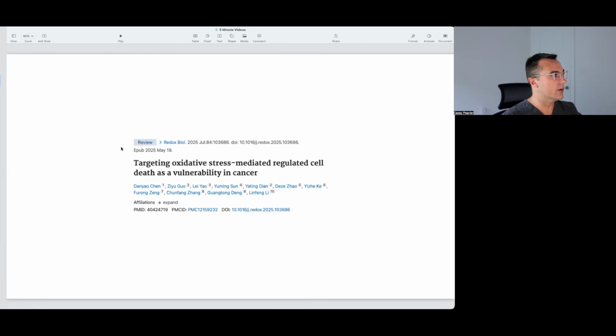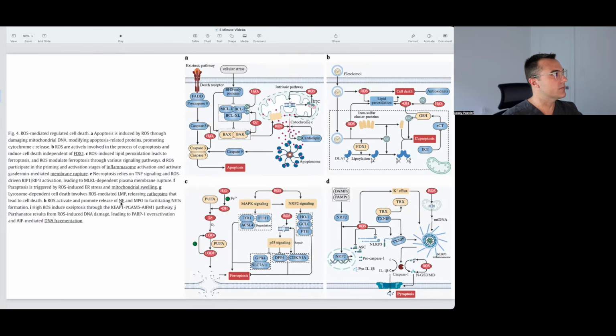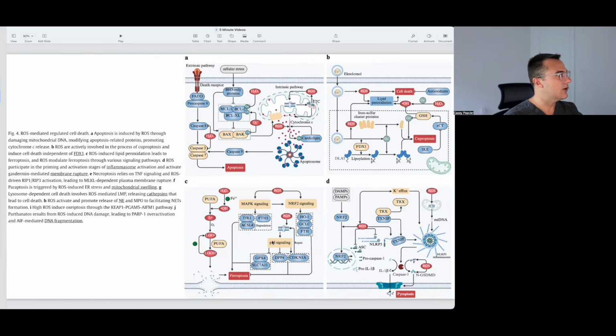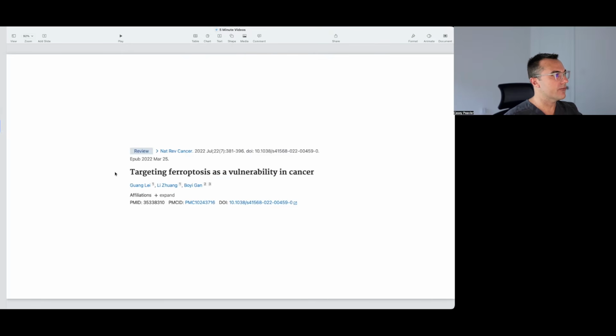The first paper that we're going to be pulling from is this one from July of 2025. And basically what this paper is showing us is that it's no longer only apoptosis and necrosis. There are now many more newly discovered cell death pathways that have been found in recent years. Those include cuproptosis, pyroptosis, ferroptosis, necroptosis, peroptosis, lysosome-dependent cell death, parthanatos, oxeiptosis, and we're going to be focusing on ferroptosis. So I'm going to use this again for credit to the authors.